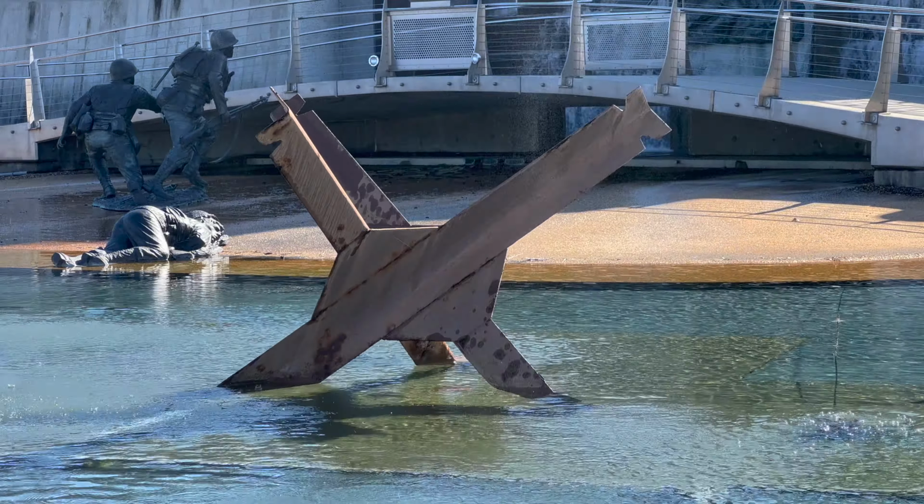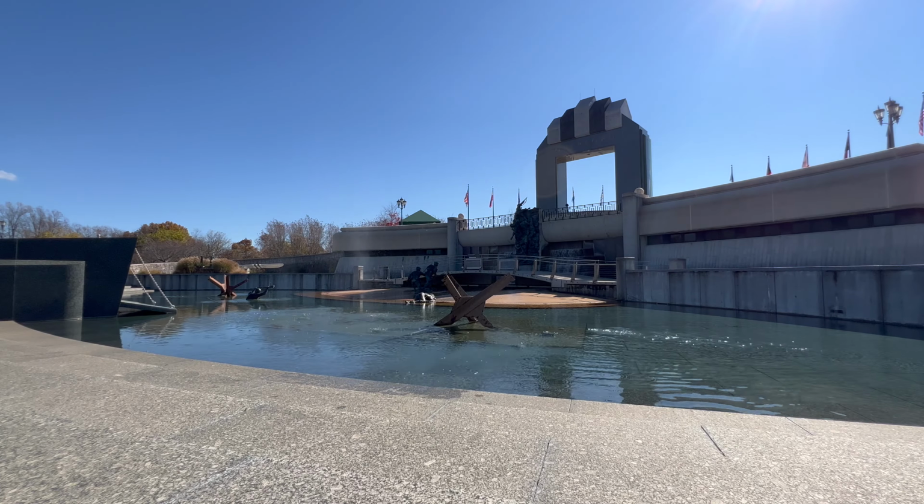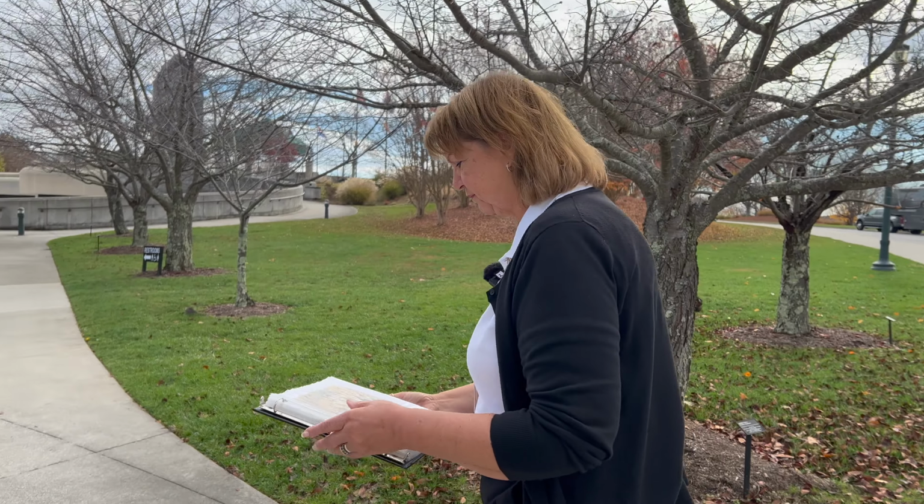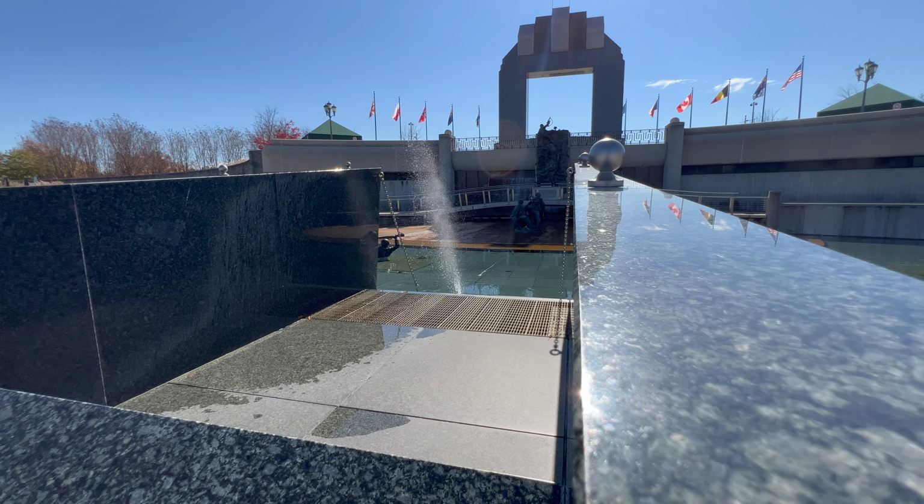The National D-Day Memorial is another solid option for a day trip. It's around 40 minutes east of Roanoke. So we're going to head down this way. Emma Jean Morris took me on an hour-long tour of the memorial and explained why it's located in the tiny